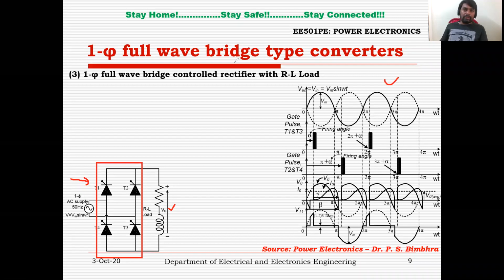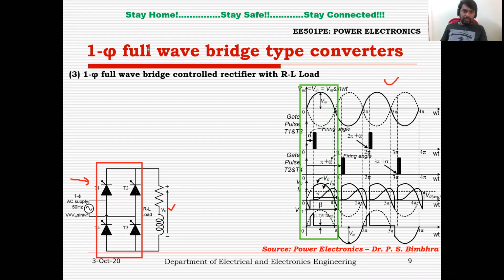Okay, now if you consider the converter, the input to the converter is the AC. You can see it varies with respect to sin omega t. So you can see positive half cycle as well as negative half cycle in complete one cycle. So during positive half cycle, the positive will come first and then negative. So here you will get positive, here you will get negative.